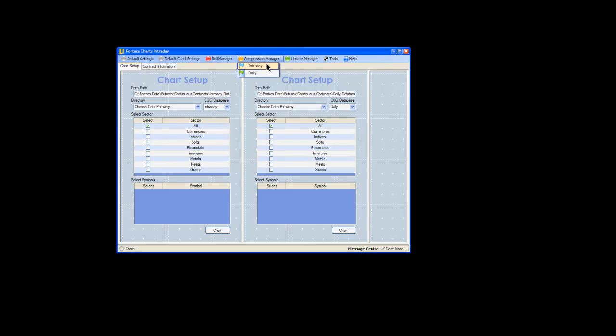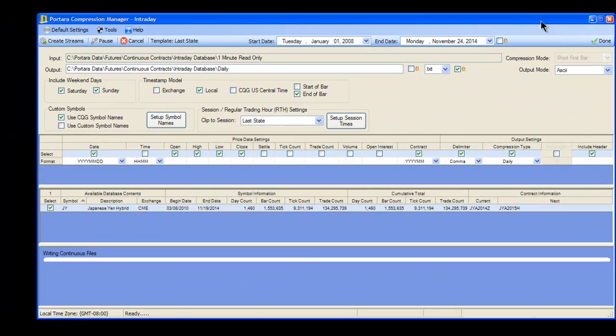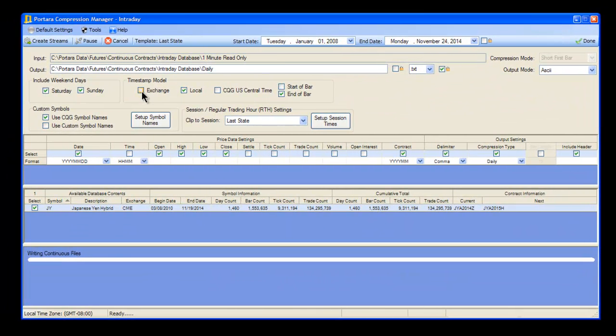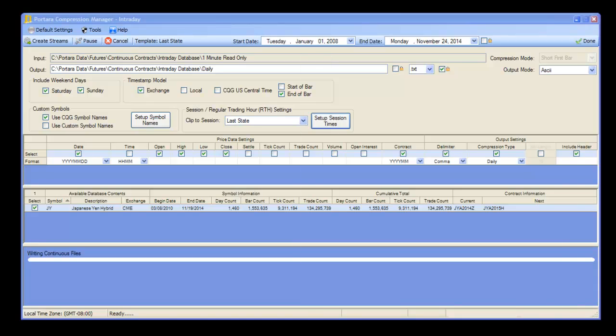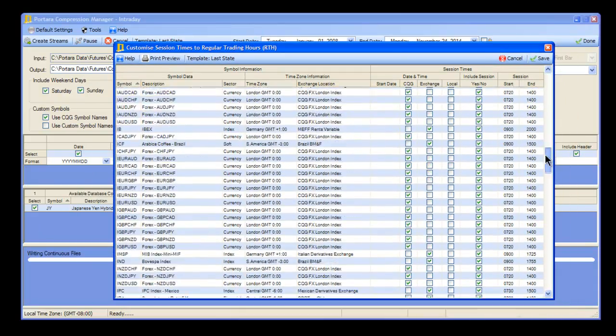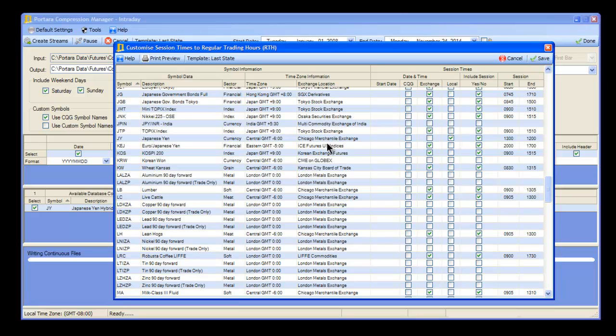Next we'll open the intraday compression manager. We'll drag that in. Now the first thing we'll do, we'll start off with our exchange time, and we'll go into setup, session times, and we shall set the Japanese yen to exchange time, and we'll put, for this demonstration, 0720 to 1400, which was the old legacy pit hours for the Japanese yen, and we'll save